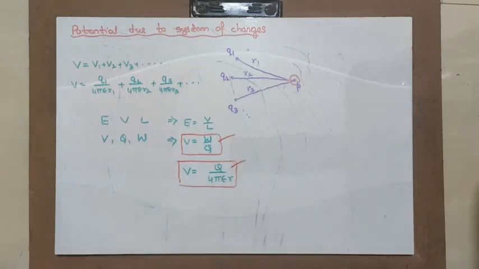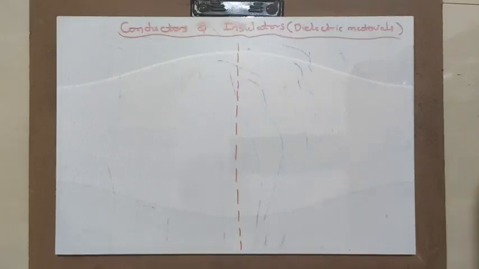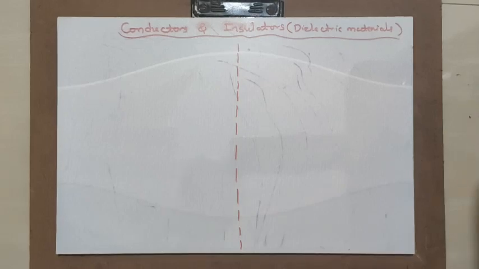Let us go again with the next concept, that is conductors and insulators or dielectric material. What are conductors? Conductors are the materials which are used for conduction of electrons or current. You know that in your home, a wiring system will be there, where from the mains the current will conduct, isn't it? It conducts through conductors. Conductors are generally made of copper. And what are the electrostatic concepts that come with conductors?